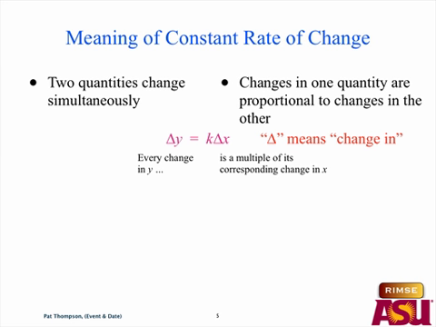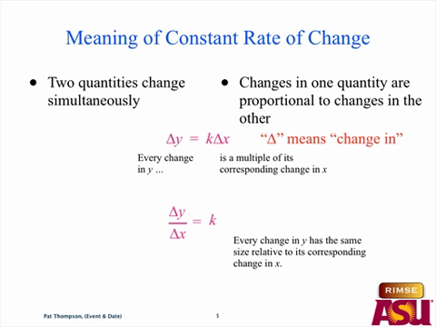So this is like you want to calculate a change in your output value. If you have constant rate of change, it's k times whatever your change in x was. Okay, then the second part of this is that every change in y has the same size relative to its corresponding change in x. So I said that. What did we say? We said for every change in